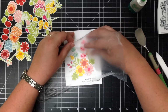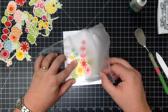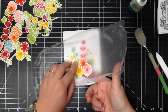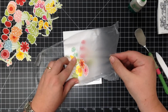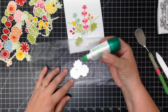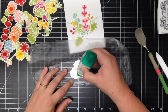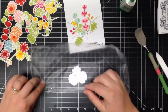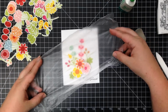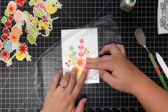Now that top layer of flowers, if it comes up again, that's fine. Just lift that up. Actually, I'm going to take that yellow one as well. Lift that right up with the press and seal again, and you can do one of two things. I'm going to put glue on these bottom two flowers. I'm going to leave that top one because I'm going to put some foam tape in, but this time you can just go back in and center those again right where you had them. Press them down,